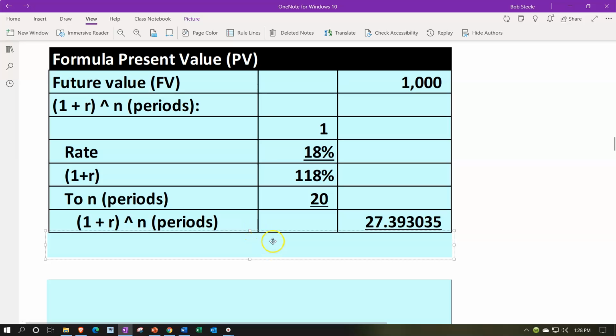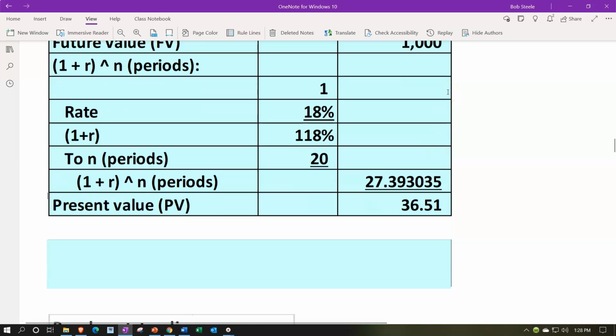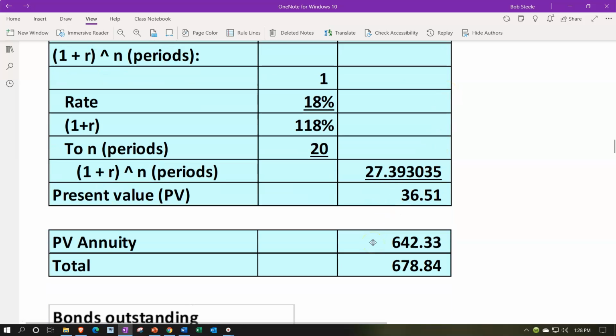27.393035. Then we take the numerator over the denominator, the 1,000 divided by the 27.393035, which gives us 36.51. That's going to be the present value of that one payment, the 1,000. If we add that to what we got on the annuity, the 642.33 from the last calculation, we get to the price, again, that's